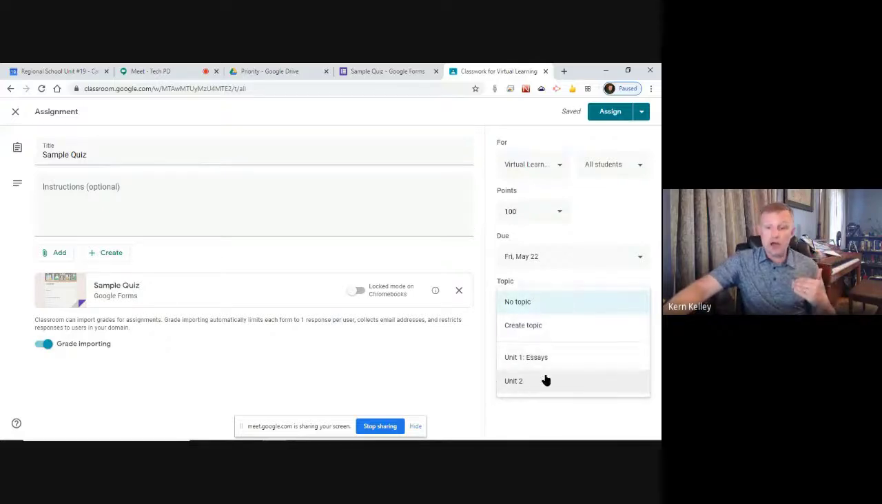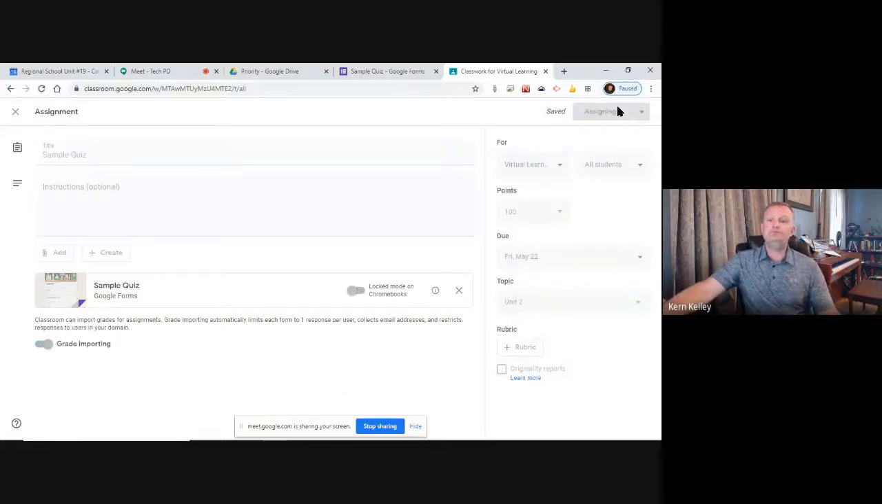Topic, we talked about this before. I will put this under Unit 2. I think it is important to have these under topics. It's just easier for students to find them later on, if you can. And then a rubric, again, I'm not worrying about that in this situation. So if I assign that quiz,